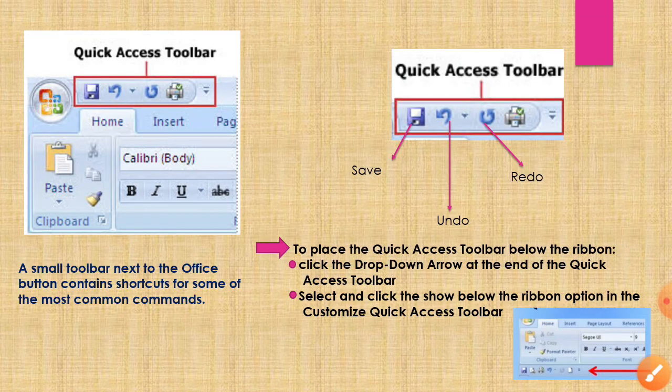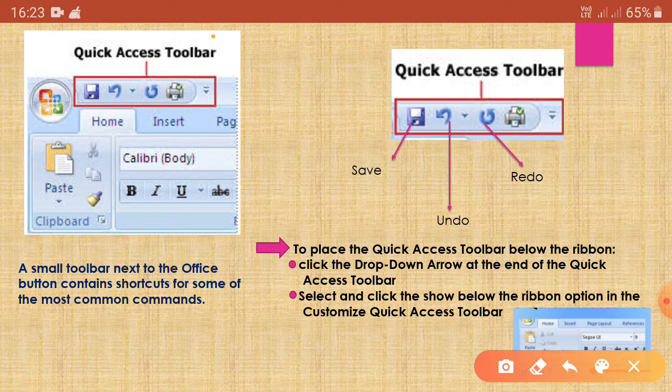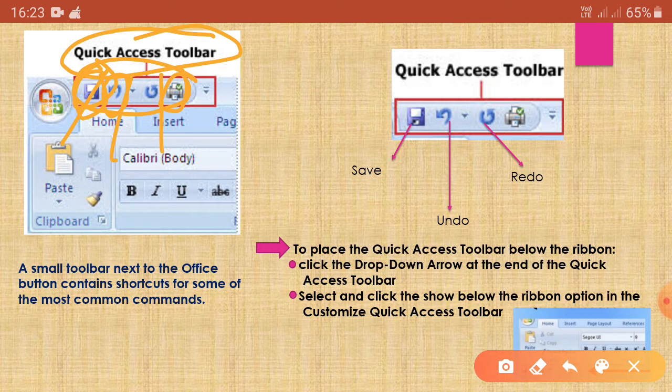Next is quick access toolbar. We know beside the start button there is the toolbar known as the quick access toolbar. Okay, so under the quick access toolbar normally we see all those options. Here it is for print option, here it is to save the file, here it is undo, here it is redo.